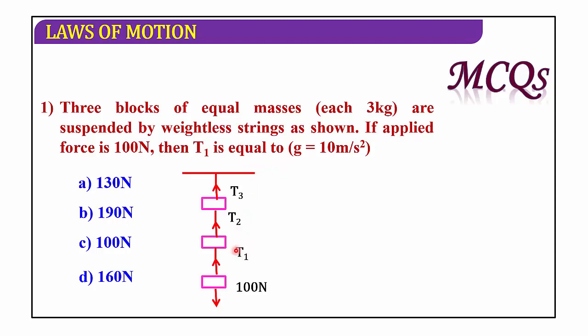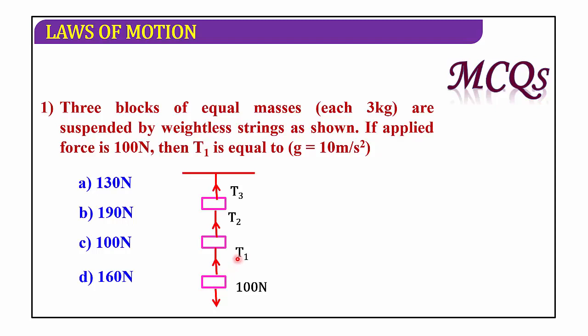the value of T1? So remember which equation you can use to calculate the value of T1. Just now we studied T1 equal to F plus, let us consider this is M1, M2, M3. We have to find the value of T1. You can observe this is M1, M2, M3, and T1, T2, T3. This has mass M1. Is it clear? Each mass is the same, so there is no problem.